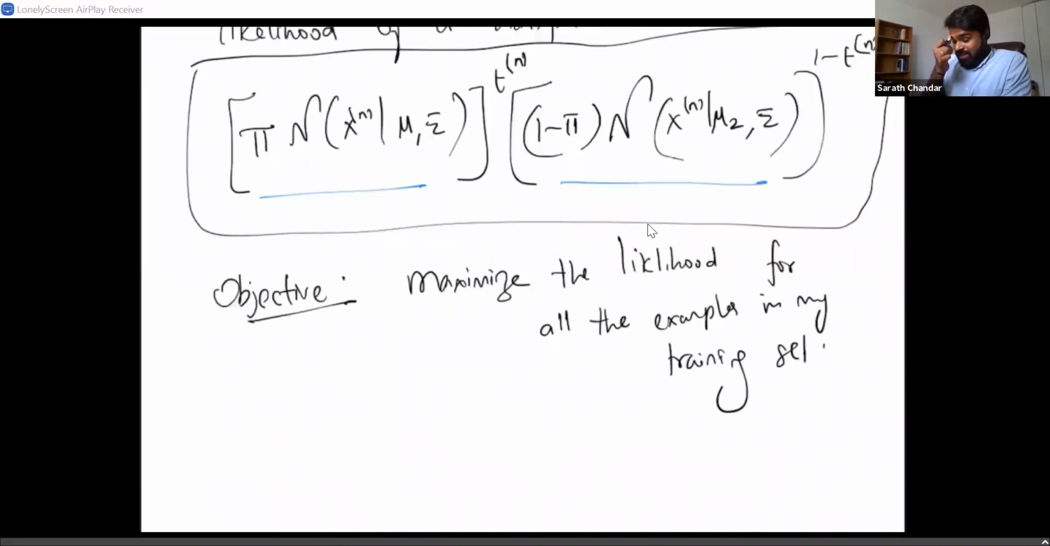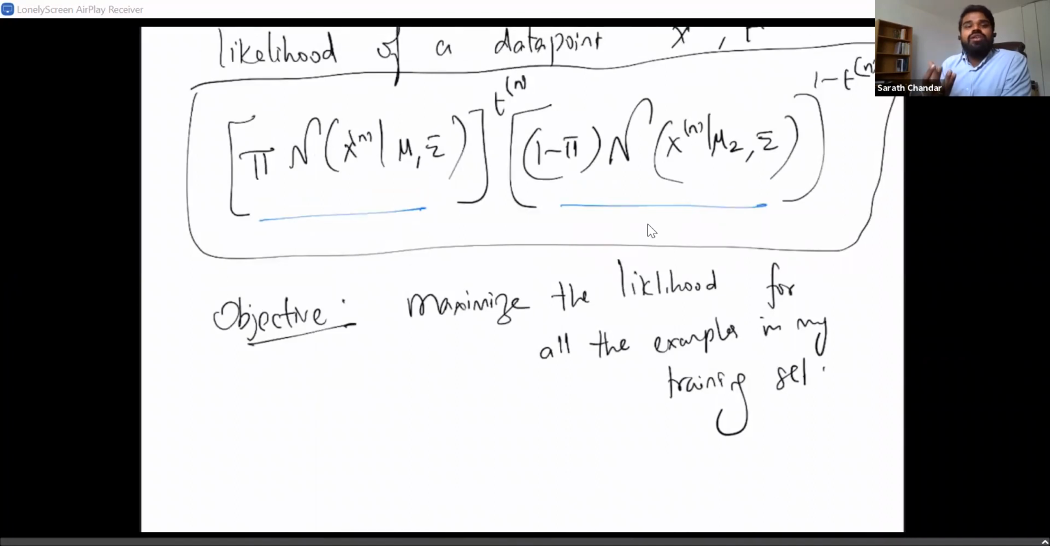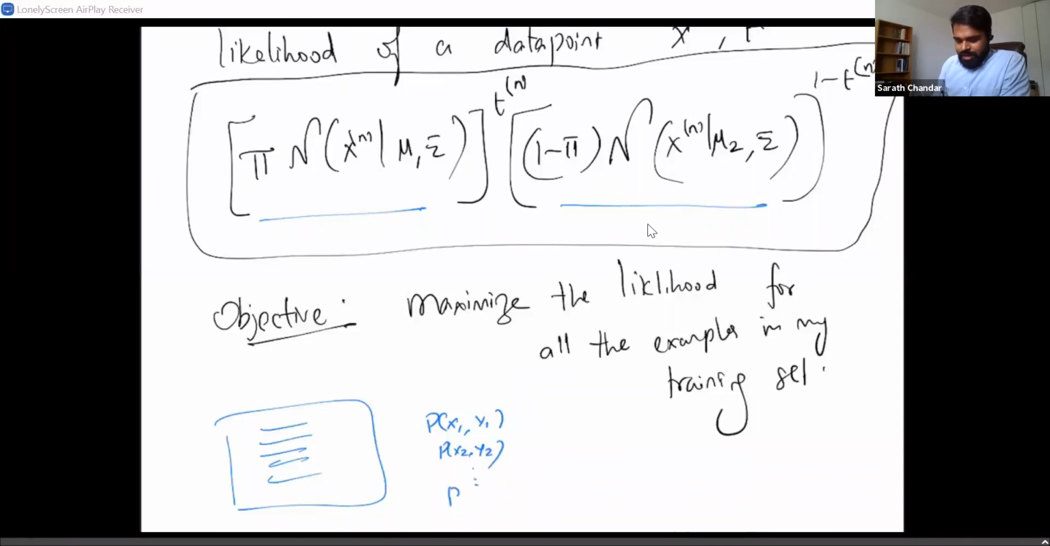We stopped here when I said that now that we have a way to compute the likelihood of a data point, one objective function we could use in a probabilistic model is to maximize the likelihood of all the examples in my training set. Let's say I have a training set which has 10 examples. For each example, I will compute P of x1 comma y1, P of x2 comma y2, and so on. So for every example in my data set, I compute the joint probability of x and y. Now I will maximize this probability